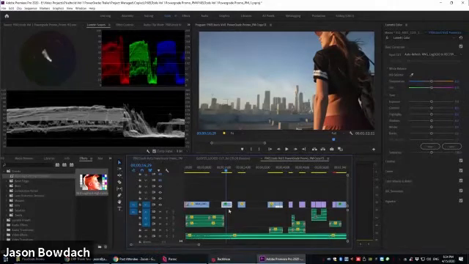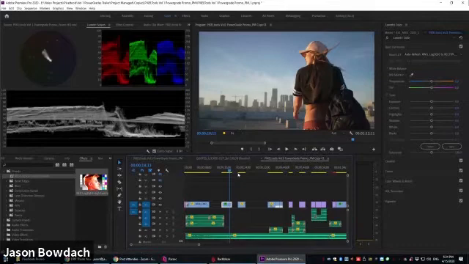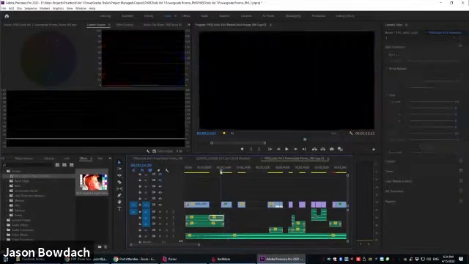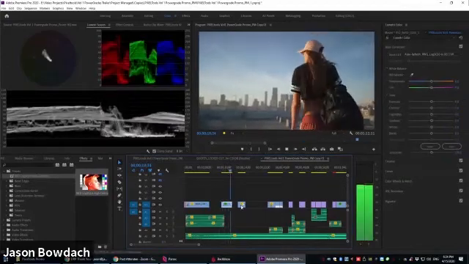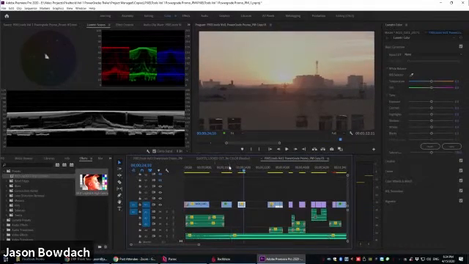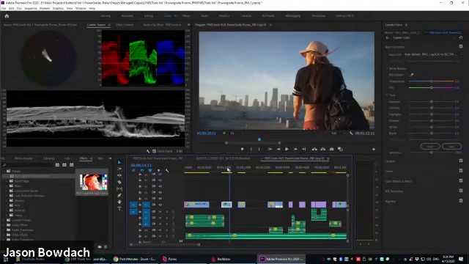So if I had a ton of shots for this, I would definitely want to make sure that I try and keep her skin tone pretty warm. I want to keep these blues nice and poppy and warm. But one of the other issues is, especially with long narrative form, when you're going through a long form piece, you might have a scene with a couple minutes. One of the things that you want to look out for is problem shots. So in this scene, we have our talent going up to the roof here. Now we have our talent dancing here. Well, this is clearly a much better shot than this one.